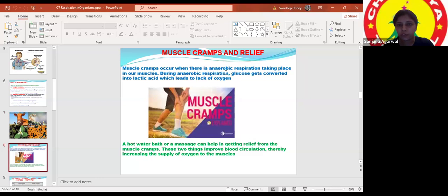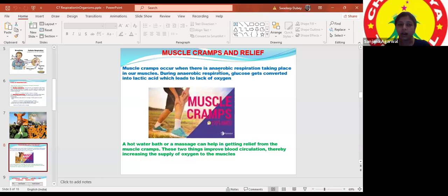Because of lack of oxygen, glucose gets oxidized a little bit, meaning glucose has gained a little bit of oxygen, so it only helps glucose convert to energy. The energy released will be lesser in anaerobic respiration, in this case of muscle cramping, as compared to aerobic respiration, and no carbon dioxide will be released, whereas lactic acid will be released as a product.